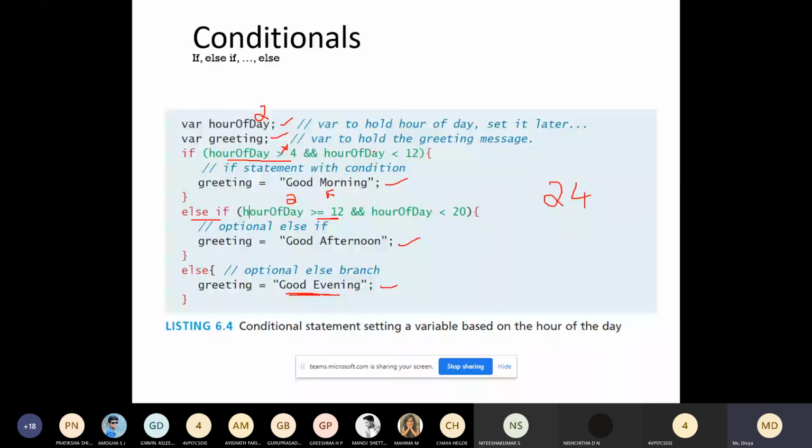This is for displaying the greeting message, so based on your condition, you can change this. If the hour is greater than 12 and less than 20, we are displaying good afternoon. For example, 13, 14, so you will be displaying it as good afternoon. So go through this and possibly try to execute it.